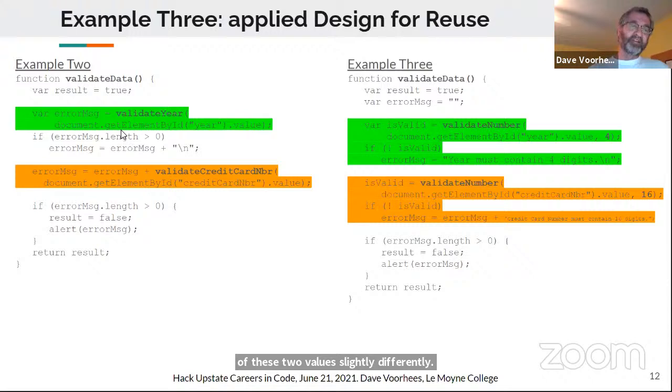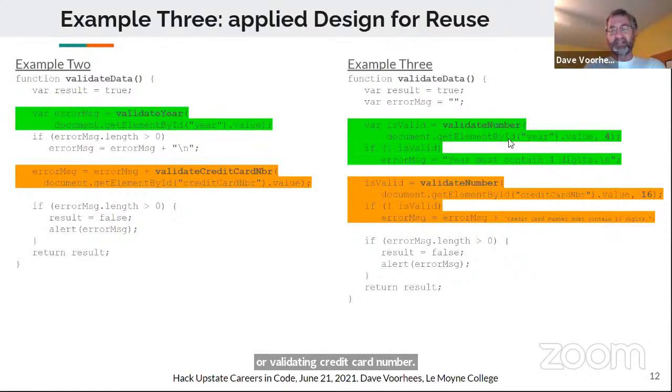So here's our third example. On the left, I've got the validate data from example 2. And on the right, I've got my validate data function for the third example, where again, I'm focusing on design for reuse. You look at the statements in green, and they match up in terms of validating year or validating credit card number.